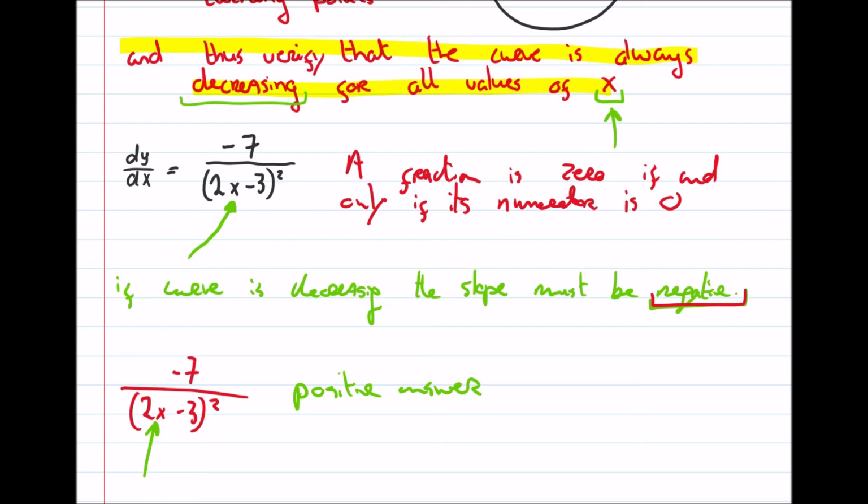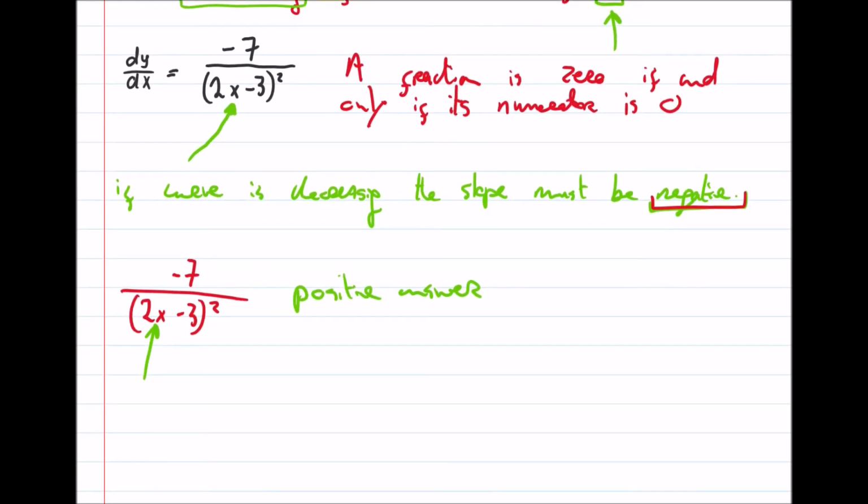If there is no value that I can get in here for x that will give me a positive answer, well then I can say the slope is negative for all values of x. And have a look at that. If I put in whatever number here, there's a square here,